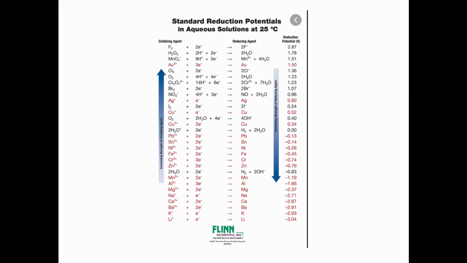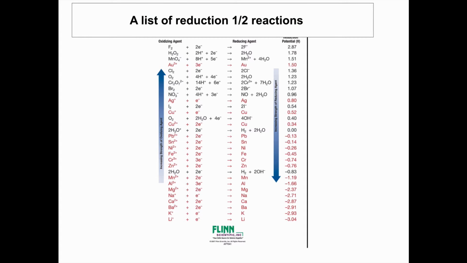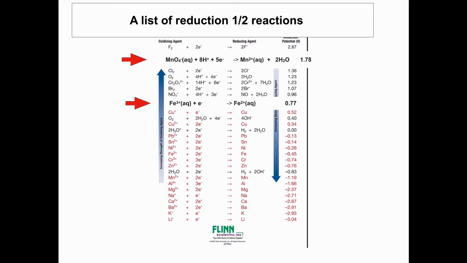So I can look at a standard reduction potential table. What's that? Well, it's just a list of reduction half reactions. Here's permanganate taking 5 electrons to turn into manganese 2. And here would be iron 3 taking an electron to turn into iron 2. They're both reductions, taking electrons, so I can recognize that